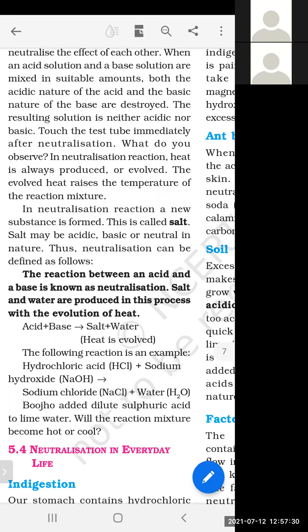Again, sodium chloride. Sodium is an element, chlorine is an element. So Na is the symbol for sodium, N capital, a small. Chlorine, Cl, C capital, l small. Now water, H2O. You have to write this 2 at the bottom of H. H stands for hydrogen, O for oxygen. These are two different elements, so you have to write in capital letters, H capital, O capital.